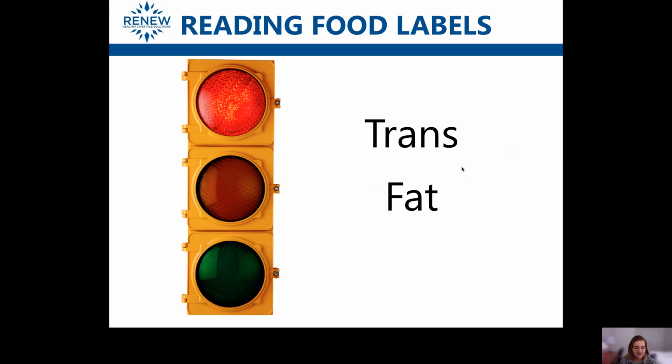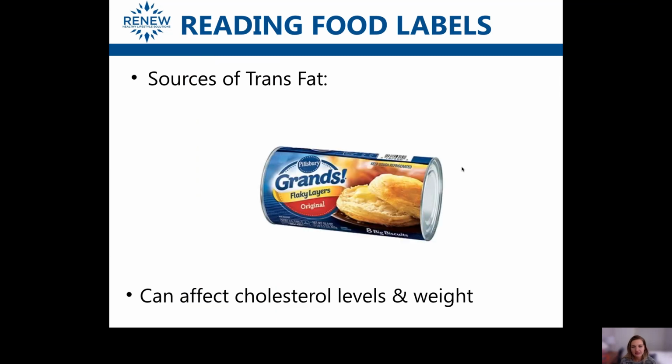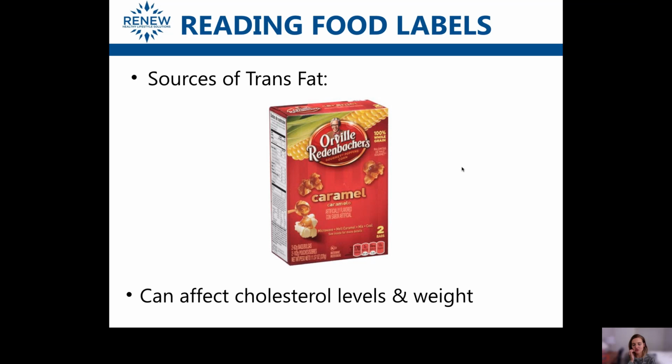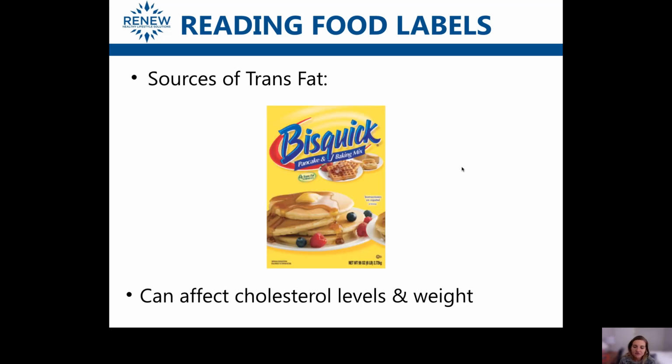And then trans fat, this would be your red light. These are artificial fats. They're man-made, and there's not really an amount that we would consider healthy. So they can affect cholesterol levels, they can affect weight levels. And there's actually a law that's been passed that they have to, within the next few years, eliminate trans fats from our foods. But until then, we're going to have to search the label to see if things contain trans